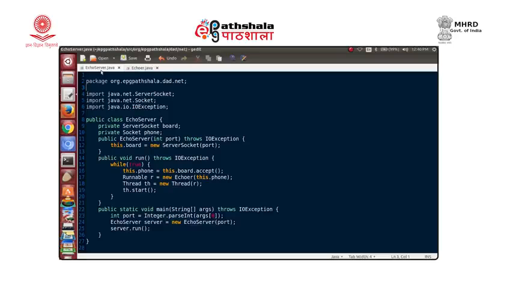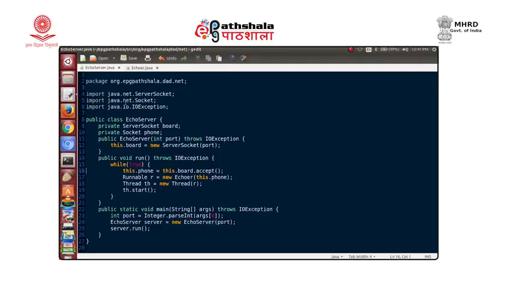In the beginning, let us have a look at the old code which we were using. In the last demonstration we had used 2 classes. One was the class called echo server.